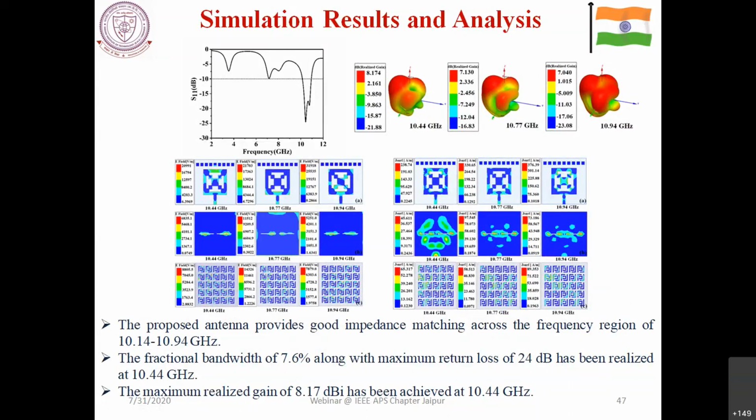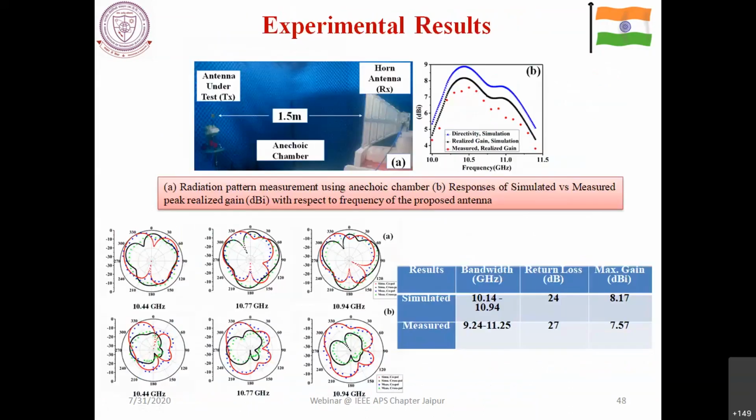And what we can also show is that whenever you go with the experimental one, at all these frequencies between 10.1 to 10.9, if you just see over here, in all these cases the gain always lies between 7 to 8 dBi. So the gain is always very high. Okay, so that we have realized over here. And again, the cross-polarized pattern is much reduced compared to the co-polarized one, as we can see from this particular structure. We have measured it again in the anechoic chamber in IIT BHU.